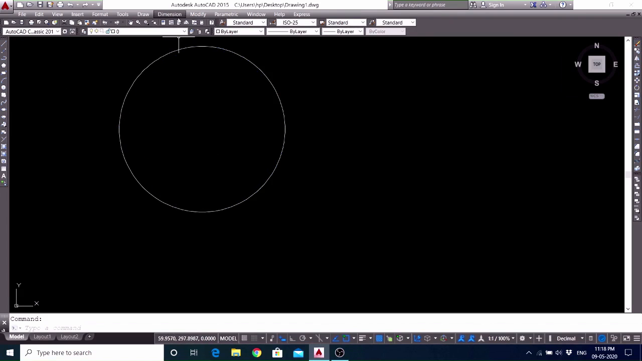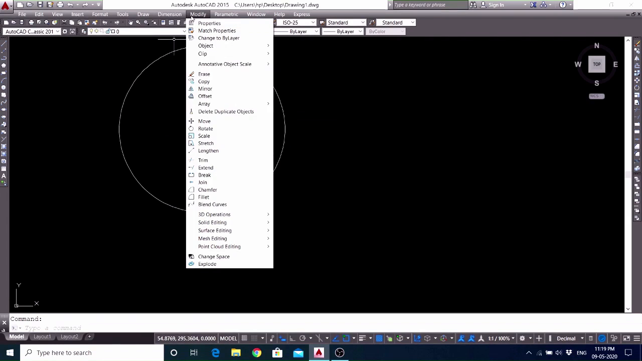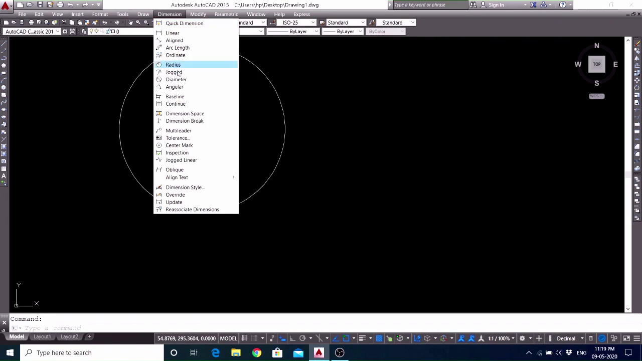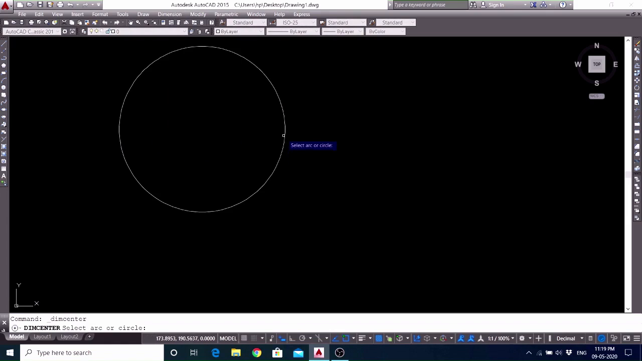Okay, now here you can see a circle. Okay, so this circle has a center point. We are not getting the center point visually over here, so I will go to the dimension. From there I will choose Centermark. It will automatically mark at the center of that circle. So now it is asking select arc or circle. For my case here a circle is there, so I will choose this circle,